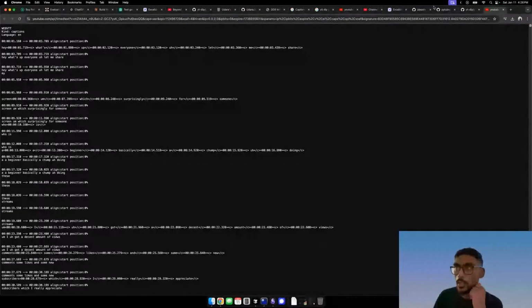Maybe in the future, a potential optimization is we use the VTT and then extract the timestamps and the text, because right now it's a little not clean.